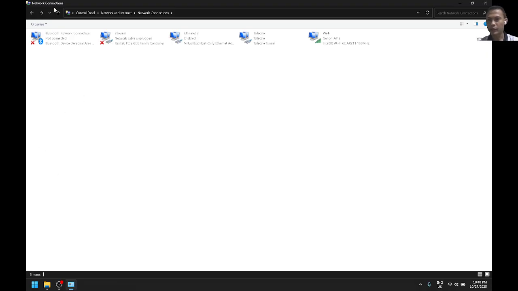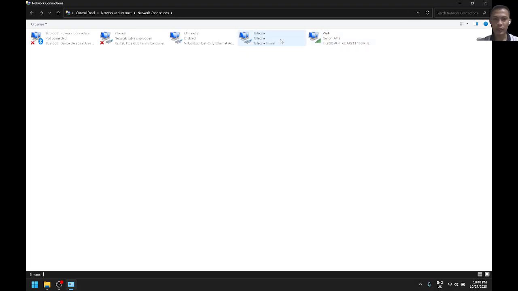Then after hitting enter, a network connections window pops up, and then select which adapter you are connected with as you're configuring your device. So in my part, I will select the wireless adapter.